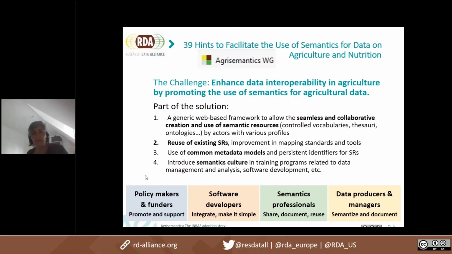Oh, sorry. So, a few words about the Agrisemantics recommendations. The goal of the working group was to enhance data interoperability in agriculture, especially by promoting the use of semantics for agricultural data. The working group worked from a landscape study. Then we worked on some use cases to output these recommendations, which are quite high-level. We do not provide very precise solutions, because we have to build them. The recommendations from Agrisemantics are more like a roadmap to progress